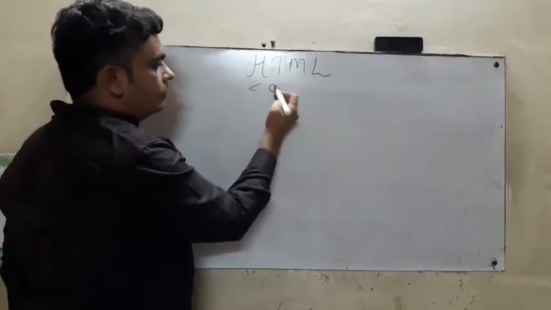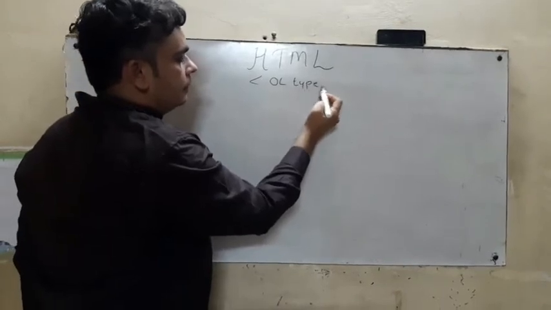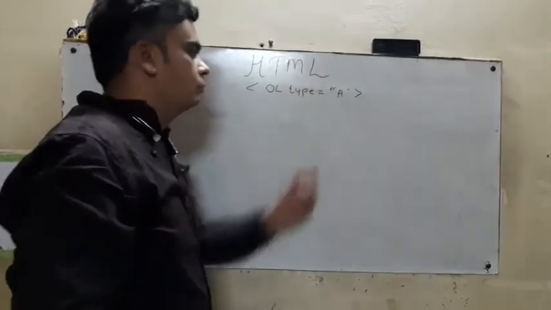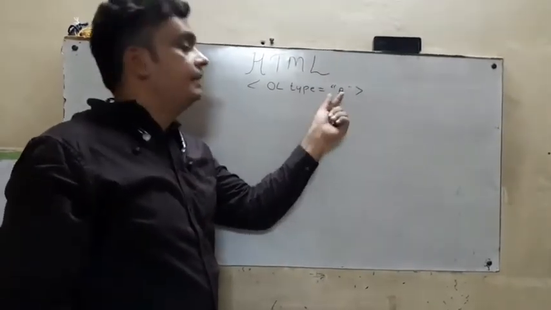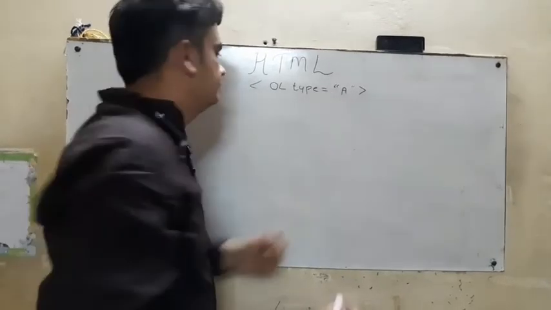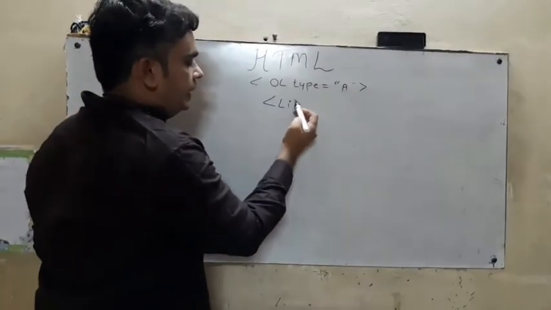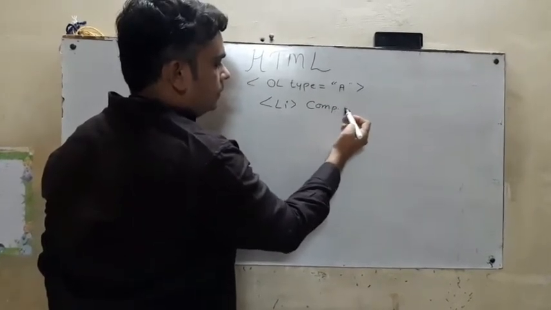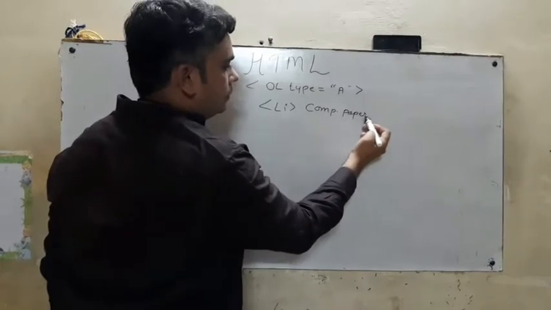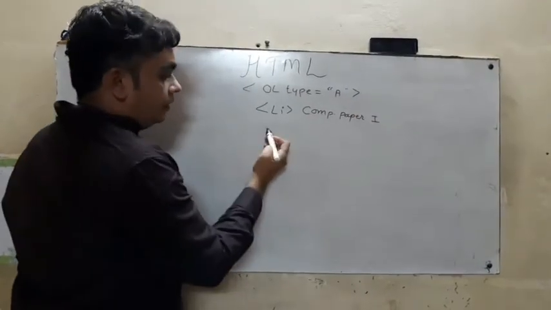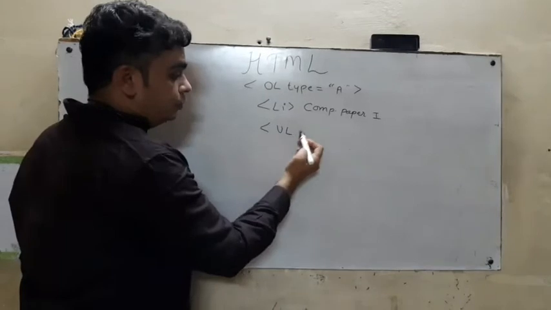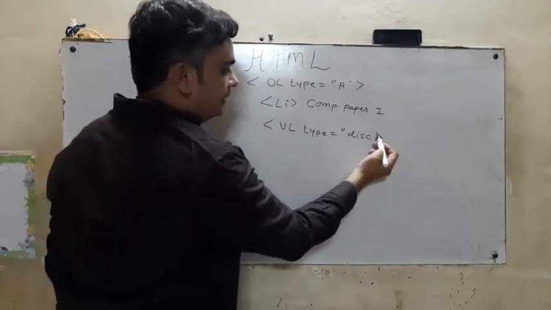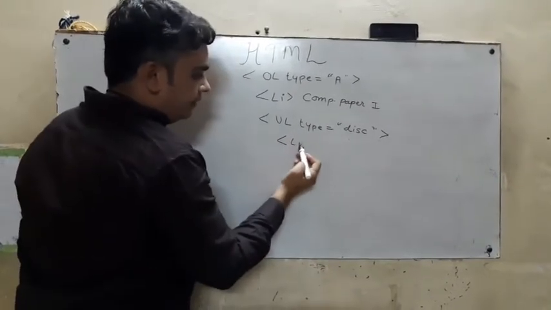Suppose I'm going to write down OL type is equal to capital A. So this capital A represents list elements represented by alphabet A. So here I'm going to write down LI computer paper first, and on the next line I'm going to write down UL type is equal to disk, and on the next line I'm going to write down LI